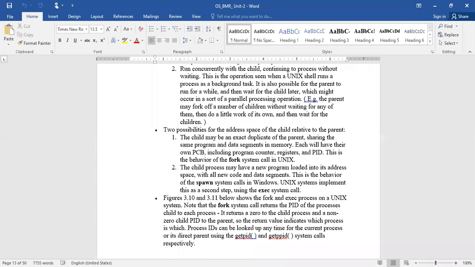If a process is created in such a way, that is done with the help of the fork system call. When you use the fork system call for creation of the child, what happens internally? The parent PCB is duplicated as the child process. That means another copy of the parent PCB is created, and that is assigned to the child by changing the process number to the child's process number.